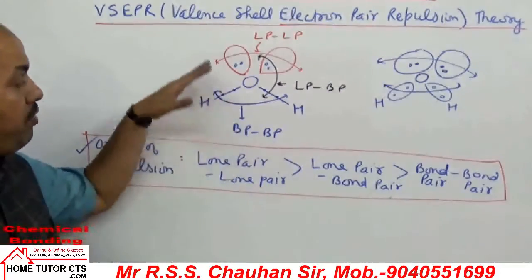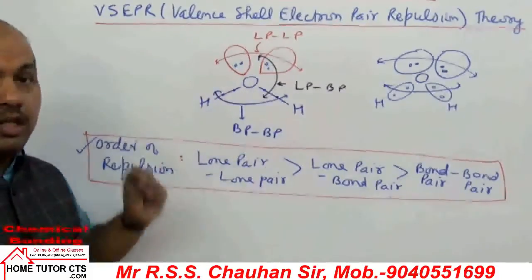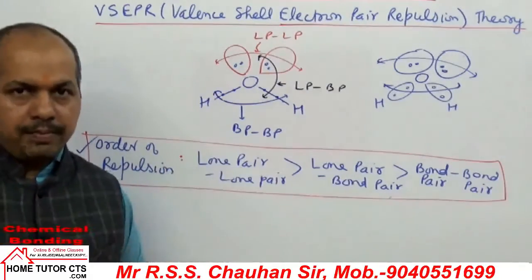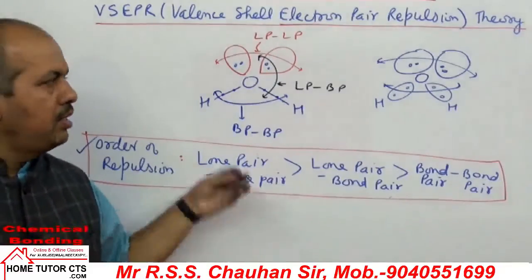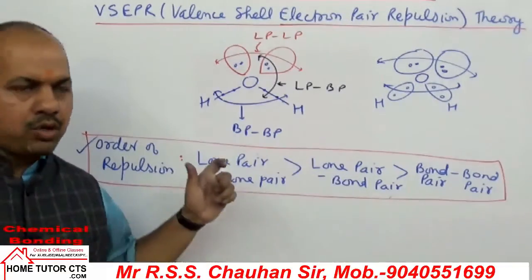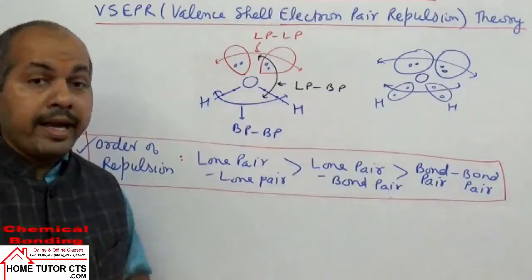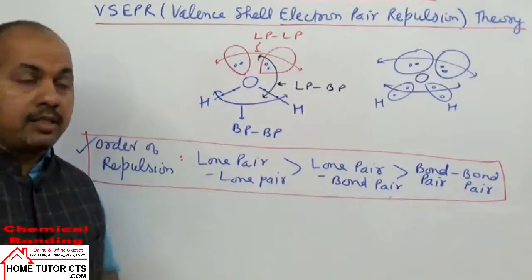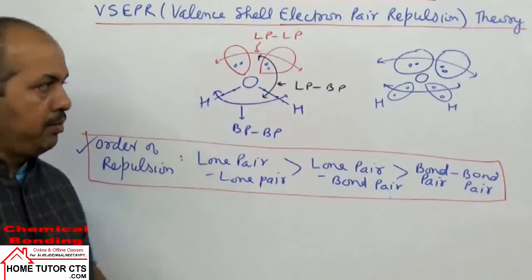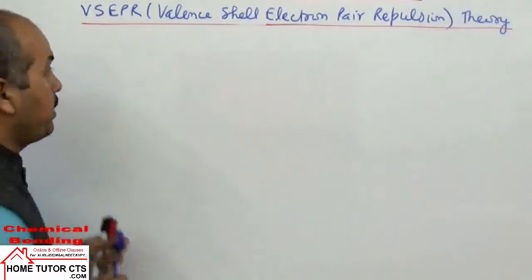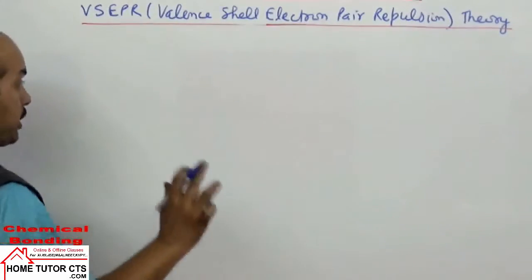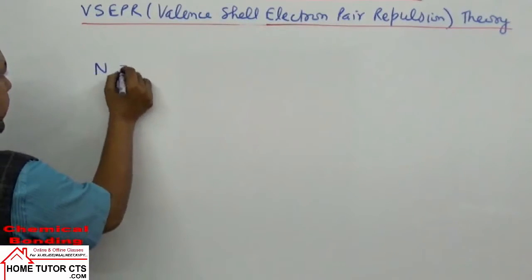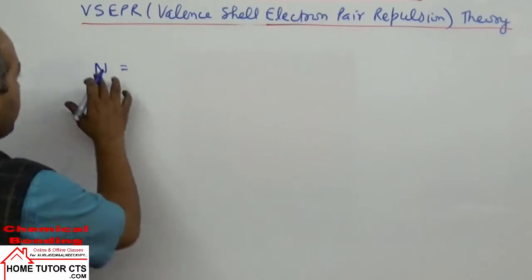Now using this theory we will predict the shapes of molecules. How to predict? We can take one method. It is a method we can apply in many cases but surely not in all cases, but this method is very helpful to understand the geometry, bond angles, and comparison of bond angles by this theory. To apply this method we take one hypothetical number n. How can we find this n?